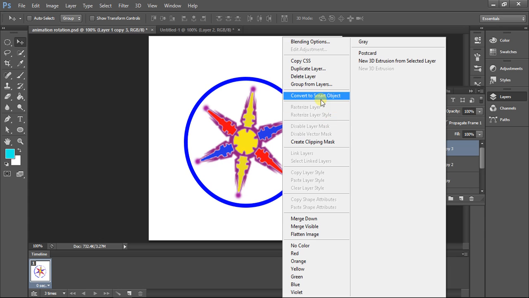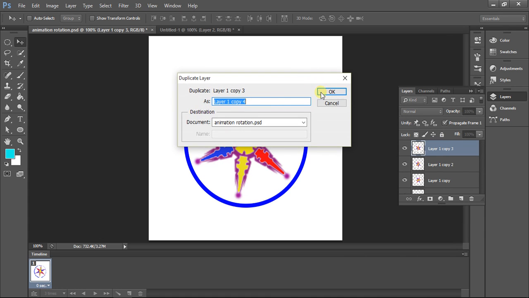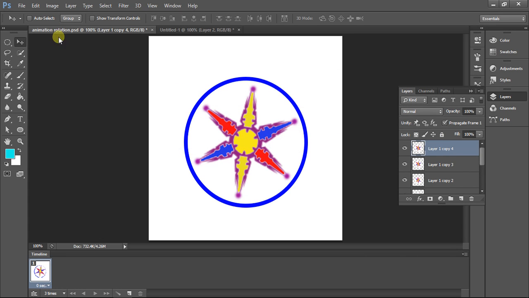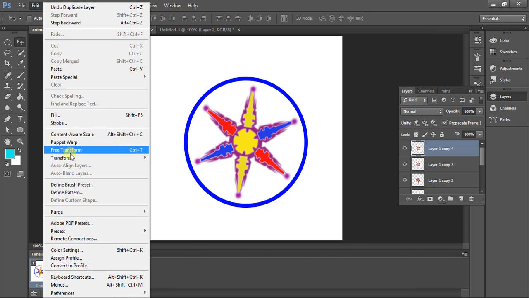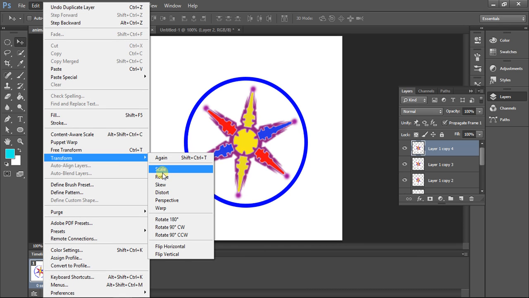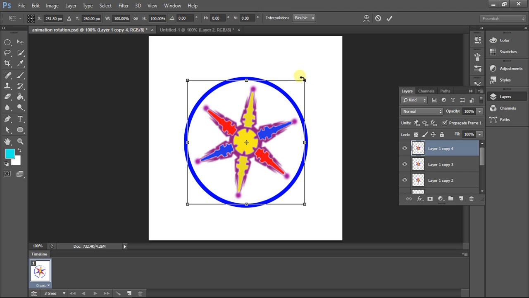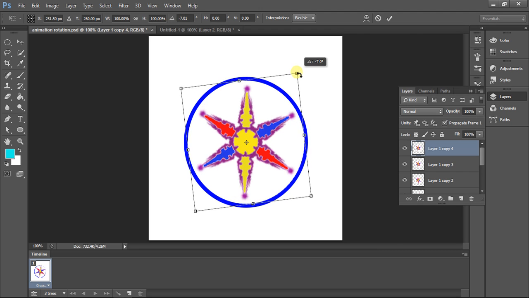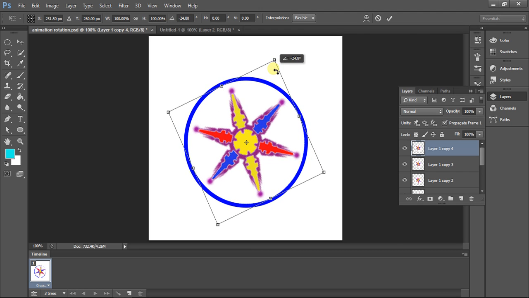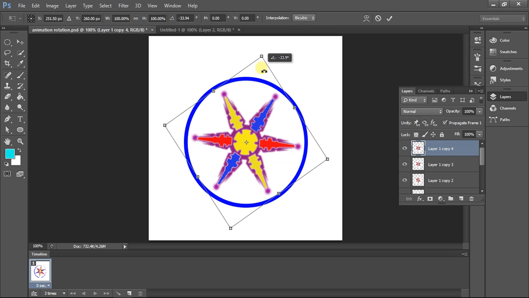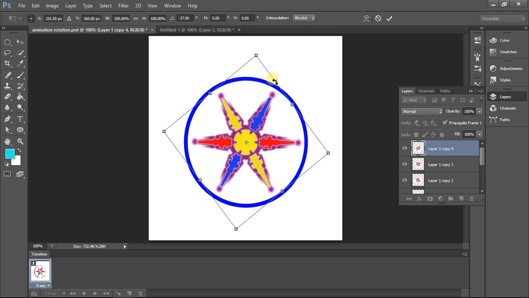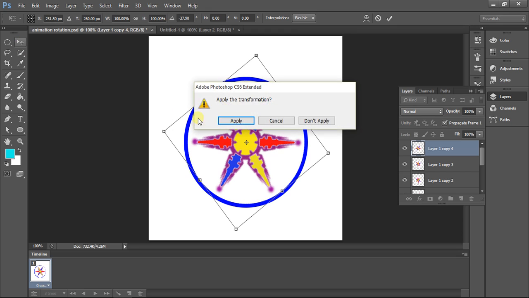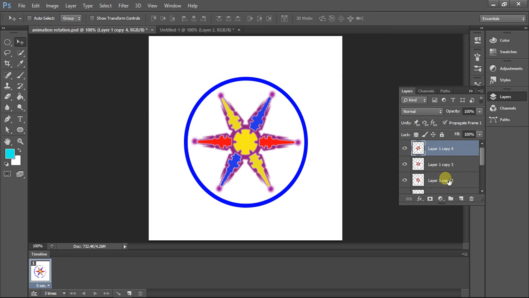Right click again, duplicate layer, click OK, edit, transform, rotate, and rotate the image. And click apply, and we have a layer 1 copy 4.